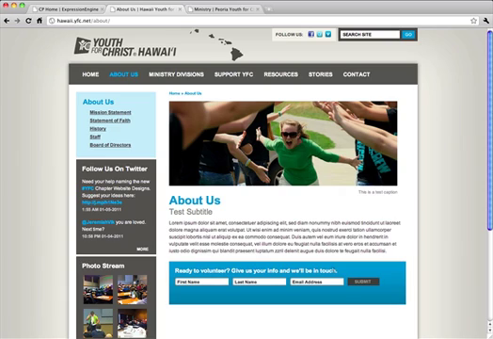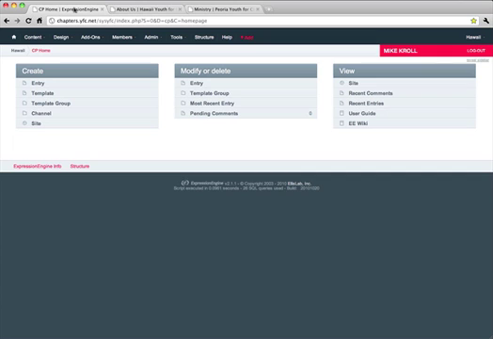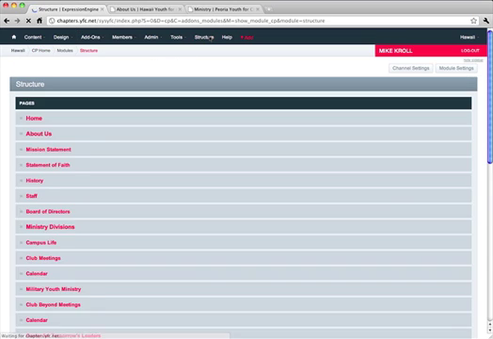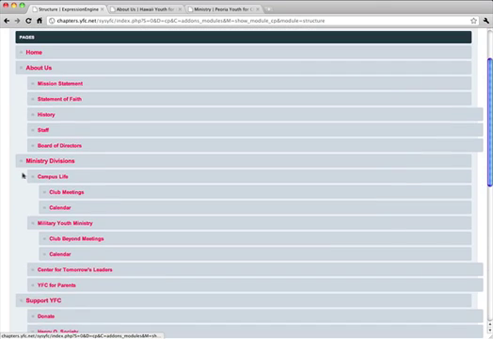So in order to activate that, we'll go in our control panel here. We're editing the Hawaii site for our example. And the very first thing we'll want to do before we even activate the form or worry about where it's going to be is actually to set up who's going to receive the email. To do that, the easiest way is to go in Structure and scroll all the way down